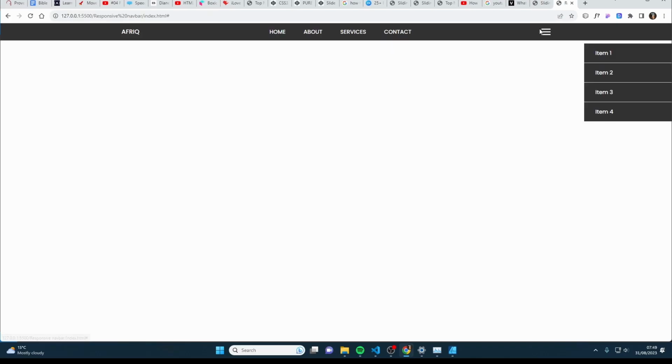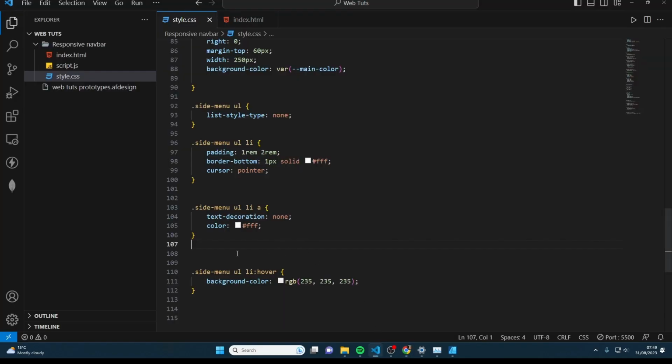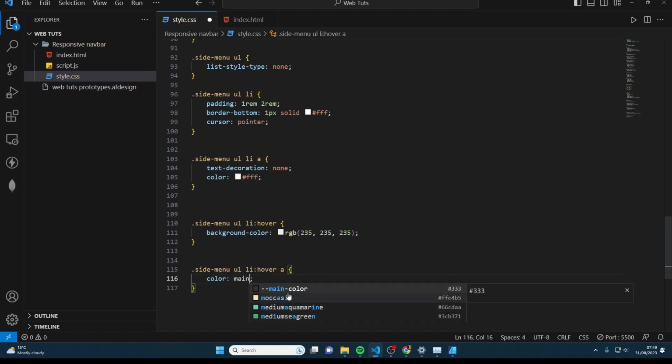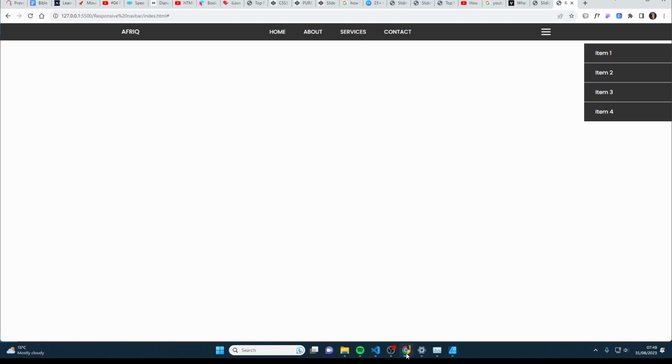We need to change now the color of the links on hover to a dark color. So we're going to have the same, targeting the links. So we're going to have a color of main color. So that's something like that. It's perfect, it's coming through. And now